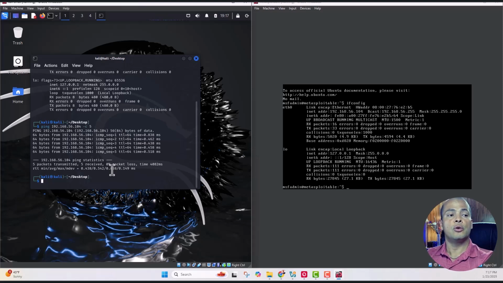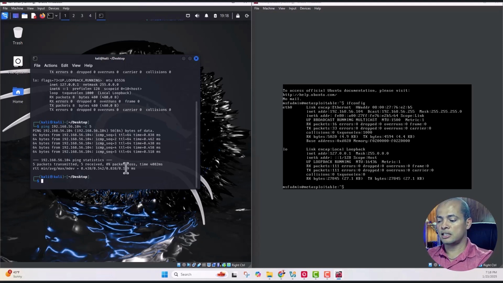It's just to know if that machine is alive. And as you can see, you got some replies here. No packets were lost, as we see here. So the next step that we can do is try to identify what kind of services Metasploitable is running. In order to do that, we use something called Nmap. Don't worry if you have never used Nmap. We will get to that in future videos, but as for now, we do a